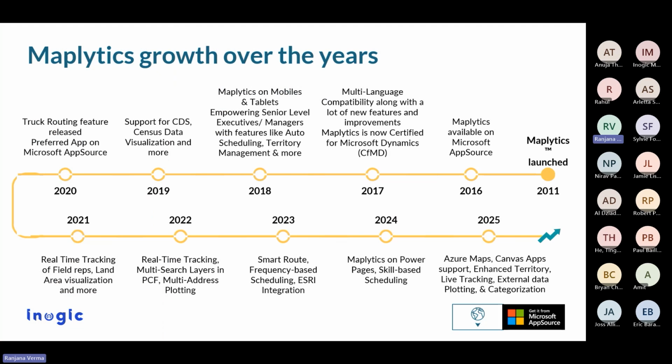Here is the progress report of Maplytics. As you can see, Maplytics started in 2011, somewhere around 15 years back. We started as a mere store locator, because a lot of our clients were asking for it. But gradually, thanks to our clientele for giving such valuable feedback and asking for such valuable features,